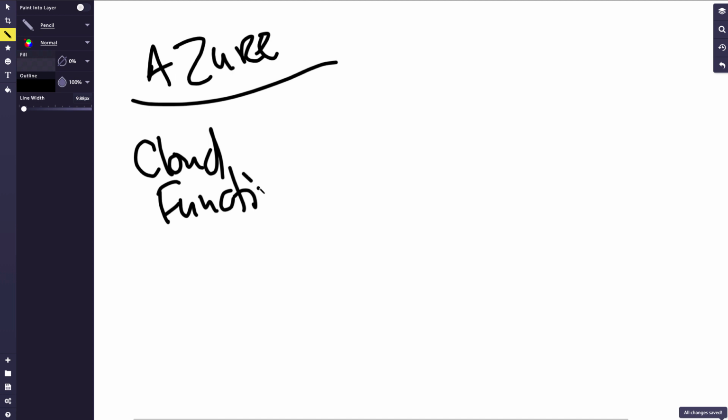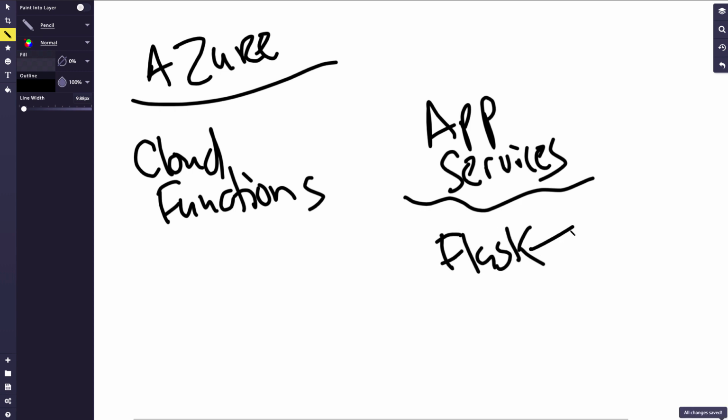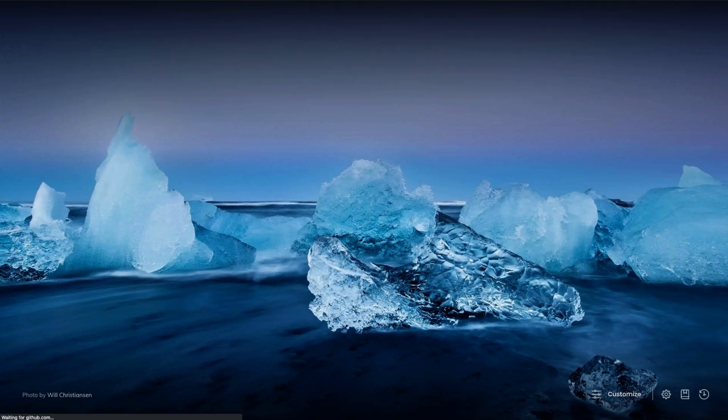And they also have something called app services, which is a platform as a service. This would take, like, a Flask app, for example, and you could deploy it without having to manage servers at all. And so I actually have an example of that I can just talk about really quickly here that shows how